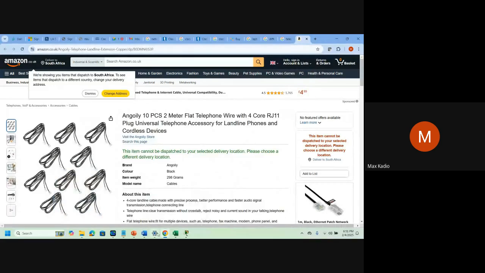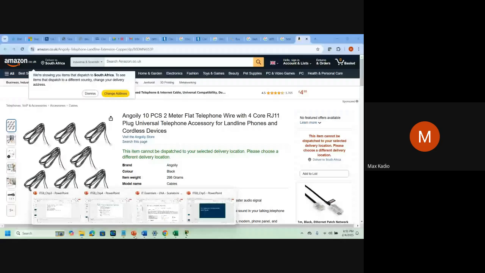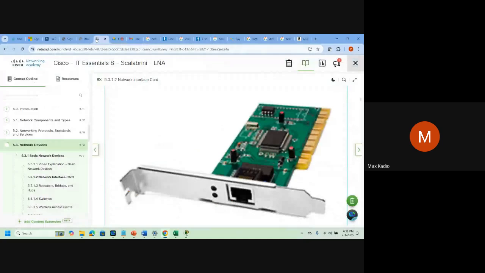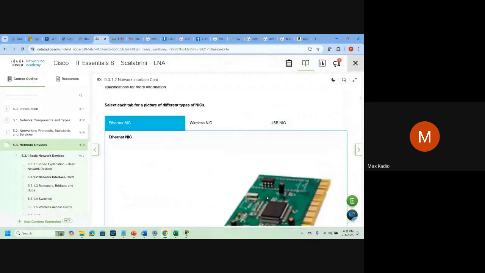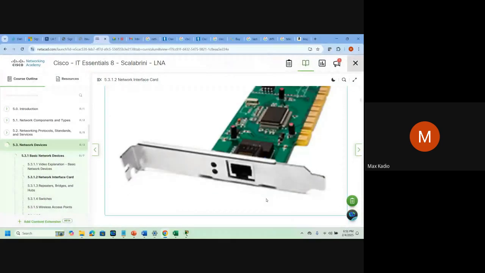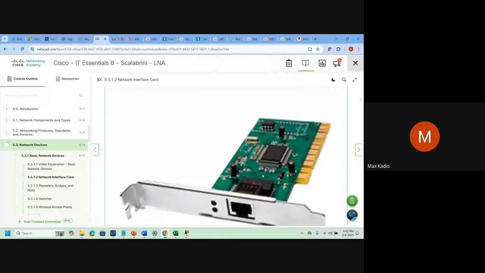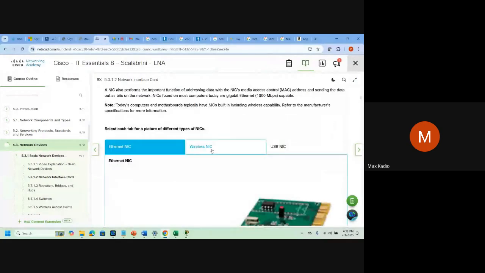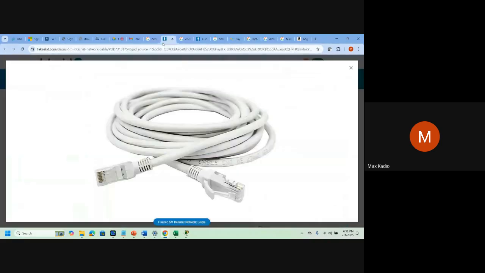So if you do networking, if you go for a job interview, you must know the difference between RJ45 and RJ11. If you don't have a network interface card, you cannot get connected to the network. If you want to use wireless, Ethernet means the cables. This cable is called an Ethernet cable. You can touch it.